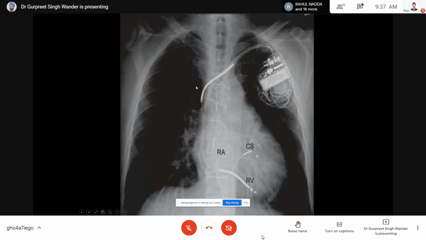And this is actually the most advanced device. We call it a combo device. This costs quite a lot, about 8 or 9 lakhs or so. But it has the ability to pace all 3 chambers and also has the ability to give a shock. So this is the ultimate device that we have. We showed you the single chamber pacemakers, dual chamber, multi-site pacing, defibrillators, single chamber, dual chamber. And now this is the ultimate, which combines all the capabilities.